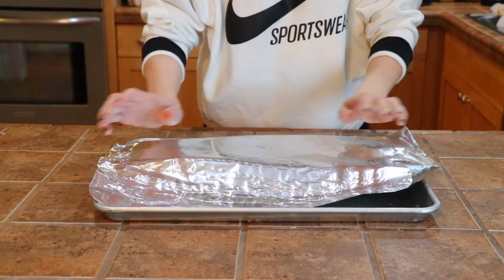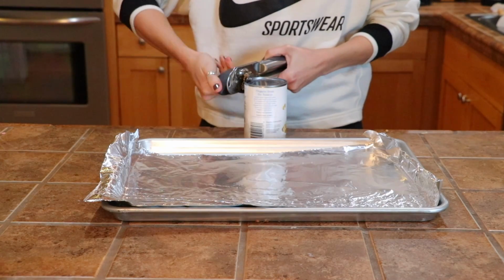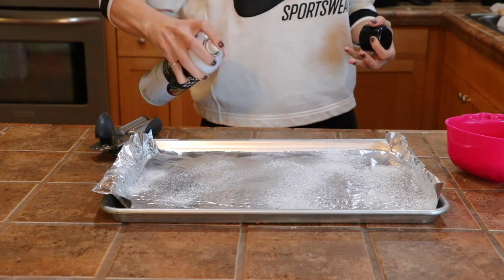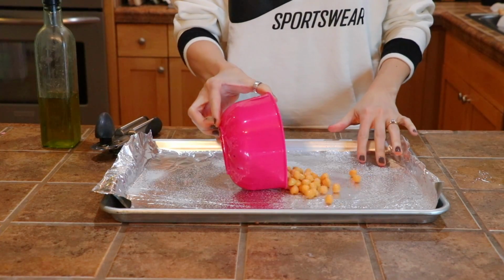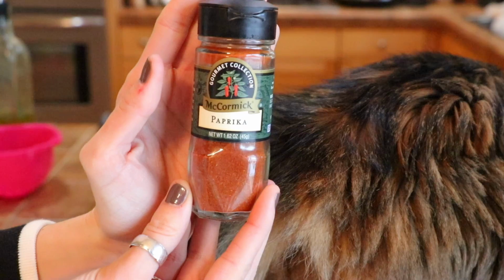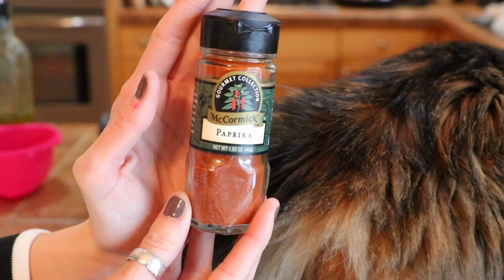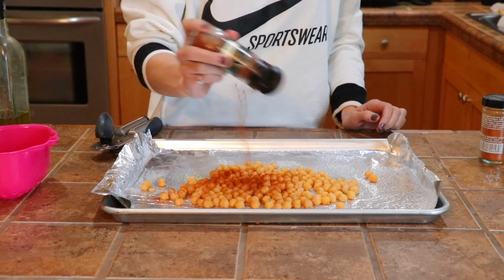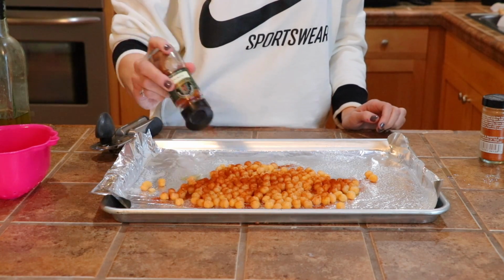Alright you guys, so for this recipe, this has to be one of my all-time favorite recipes for lunch. I absolutely love this. It is so satisfying, and if you're a vegetarian, I can guarantee you'll probably love this as well. So what you're going to start off with is garbanzo beans, and this recipe might look familiar from my Euro video because it is exactly the same as far as these garbanzo beans go,